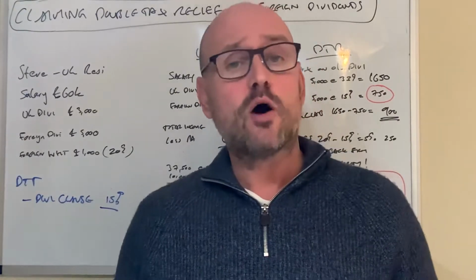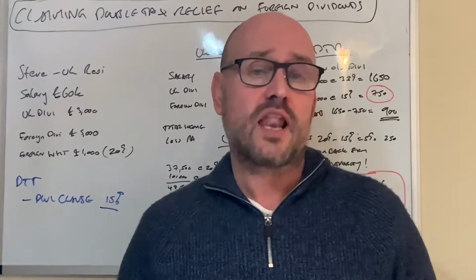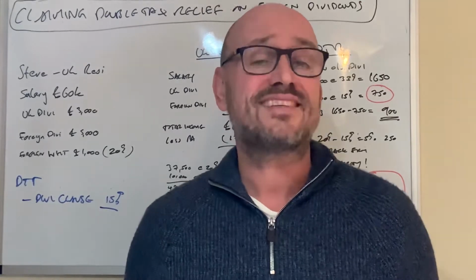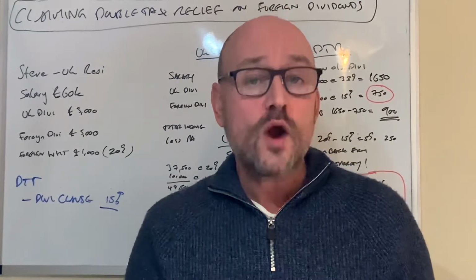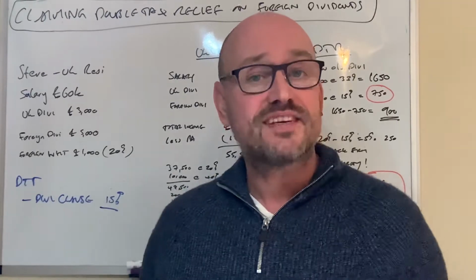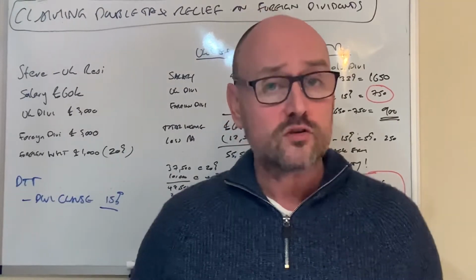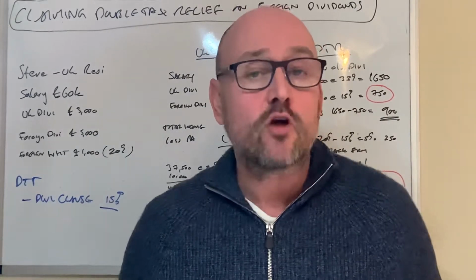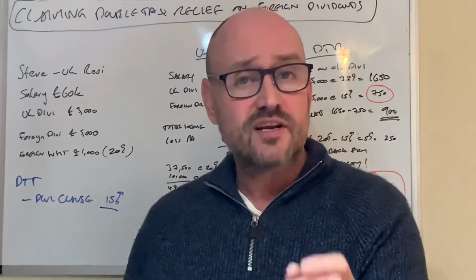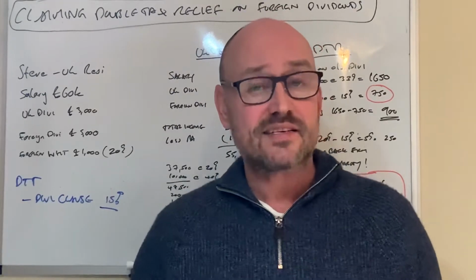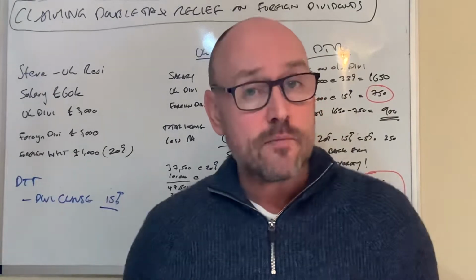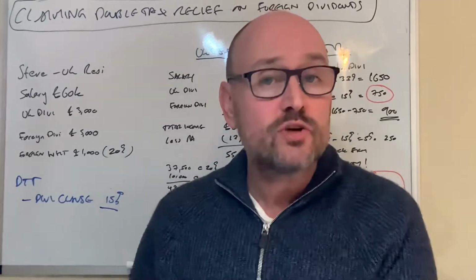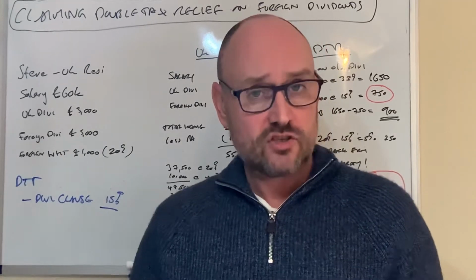But I just want to do a video on an example of how you claim double tax relief for withholding tax on those dividends, because what tends to happen is the country from which the overseas dividends are paid will withhold some tax on those dividends. So you will get the net amount, not the gross amount, because that country's tax authorities have withheld some tax. And I'm going to tell you how you can claim some or all of that tax back on your UK tax return. So let's just take an example of